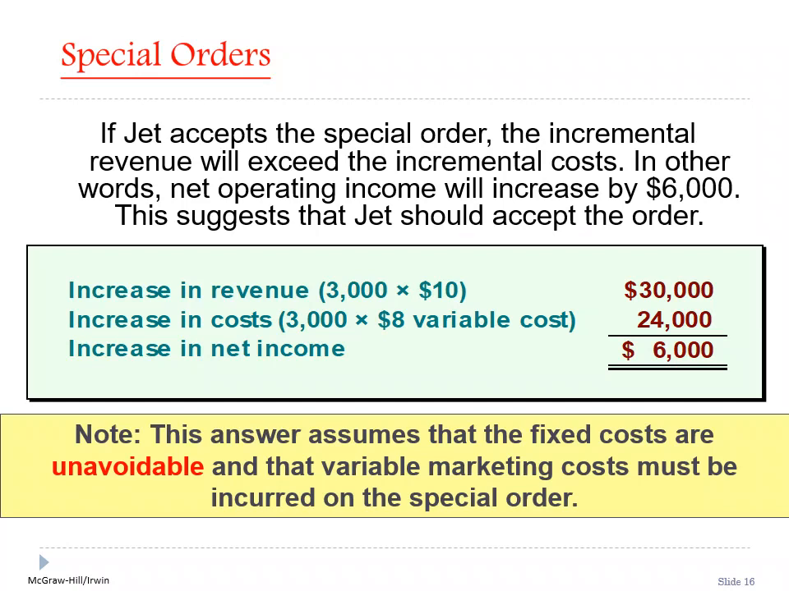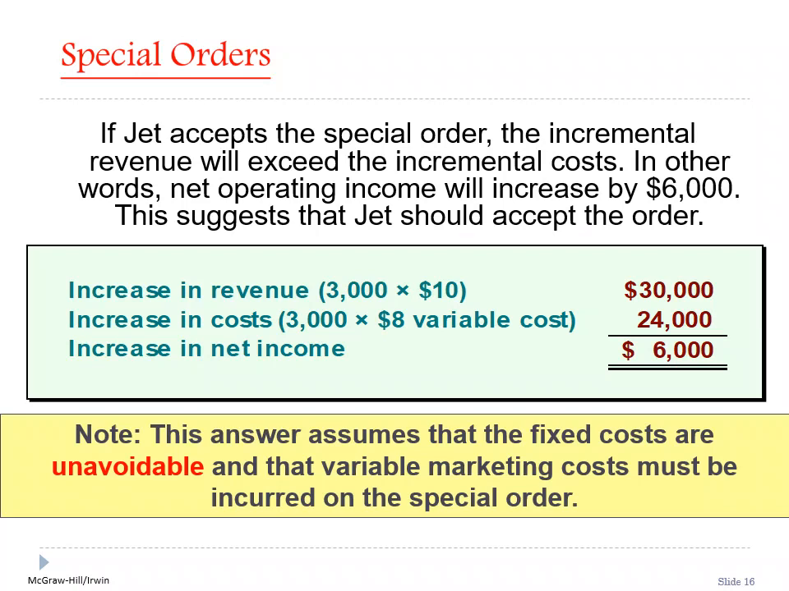The avoidable cost here is the variable cost. So to get the total variable costs, the increase in the variable cost, 3,000 units, these are the units of the order, multiplying by 8, which is the variable cost per unit. So the total will be 24,000. As you see,